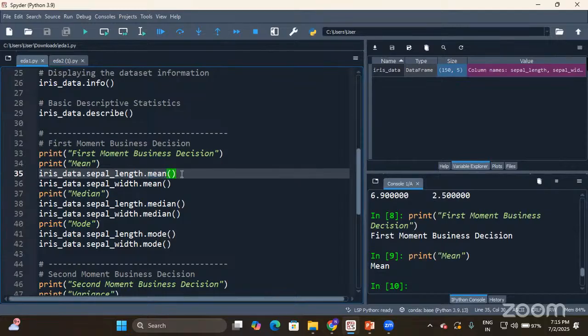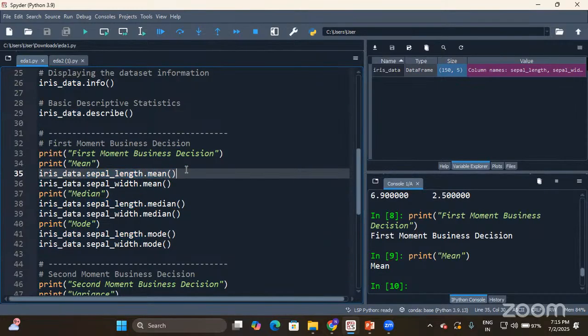In order to calculate mean, as we have 5 columns, and we know that mean can be calculated only for the numeric columns, let us understand the syntax first of all. The syntax is data frame object dot column name dot mean. Mean is the function.